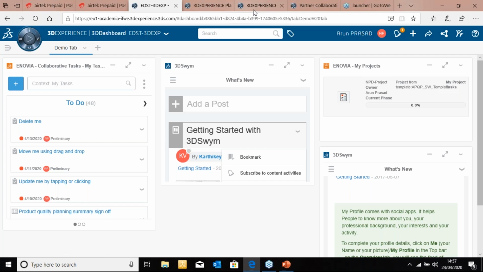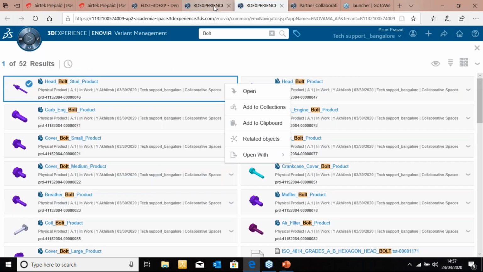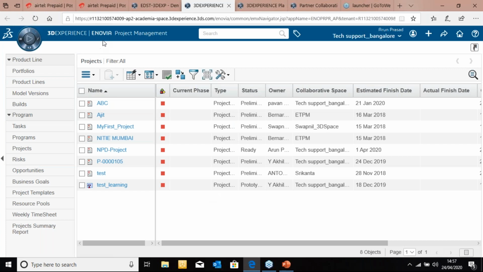So as you see here, on the top left corner, we have what is called the module, the Innovator project management. So it is one single platform where I have access to all the relevant modules. I'm not moving out of this platform. As you are seeing, I am still connected with the same platform. I have access to my communities, my project deliverables, my 3D related data, and my manufacturing. Look at it. Each and every departmental activity is connected to one single platform.